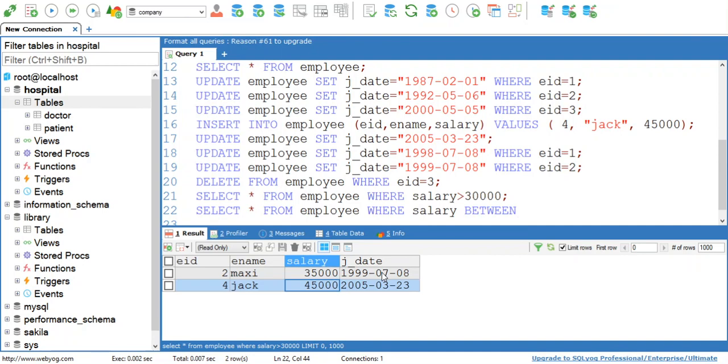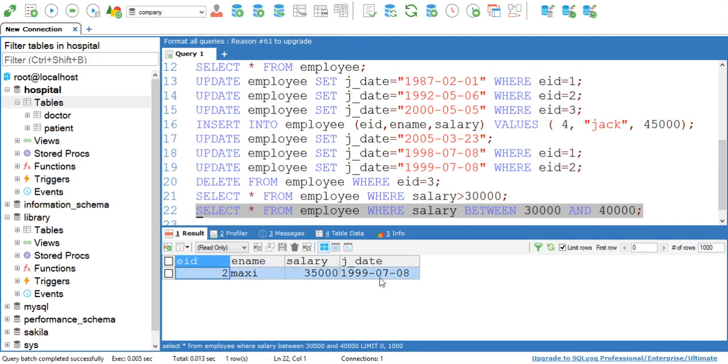Okay, suppose I want to display data for those employees where the salary range is between 30,000 and 40,000. Okay, so it will check for all the values within the range 30,000 and 40,000.